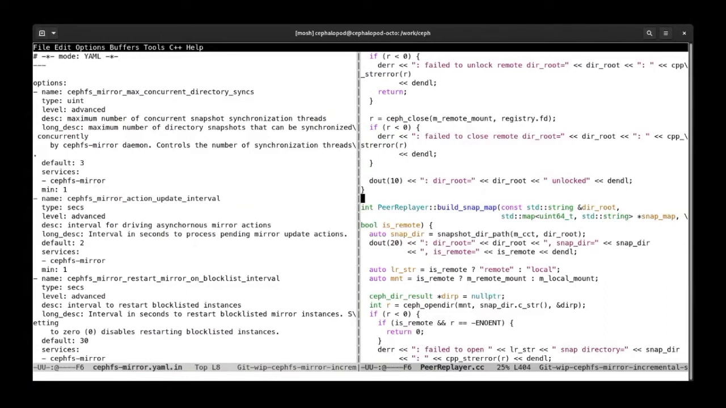And with that, we build a map, key being the snap ID and the value being the snap name. And we do this for the local and the remote file system for our directory. So how do we know that a snap has been deleted or renamed? Because the snap IDs on the remote file system for a directory would be different, because that's another cluster. So what we do is when the mirror daemon synchronizes a snap,